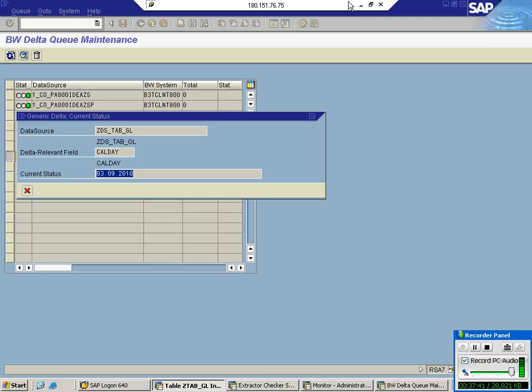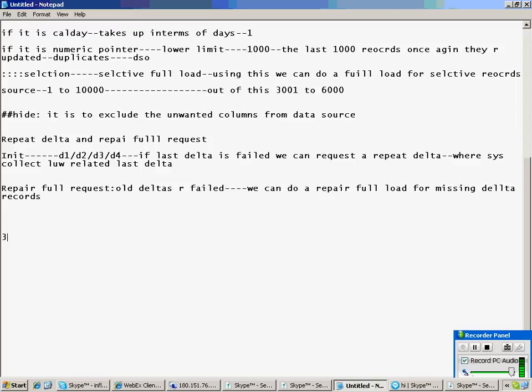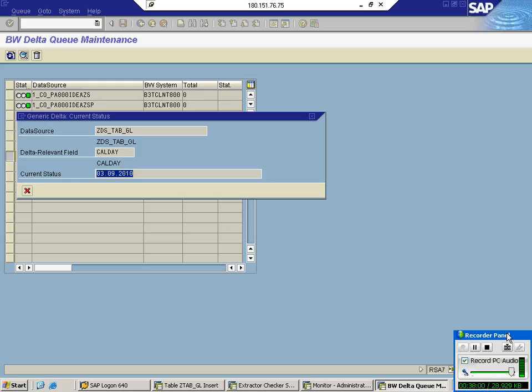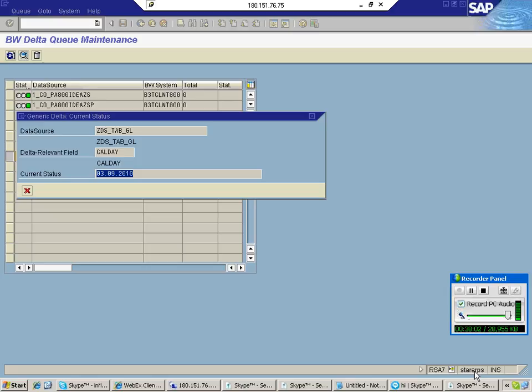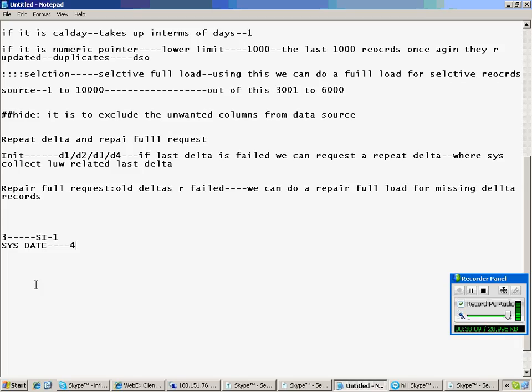What is your last delta timestamp here? Third. And what is your safety interval time? 1 day. What is your system date? I think it is 4th. So assume the system timestamp as 4th.